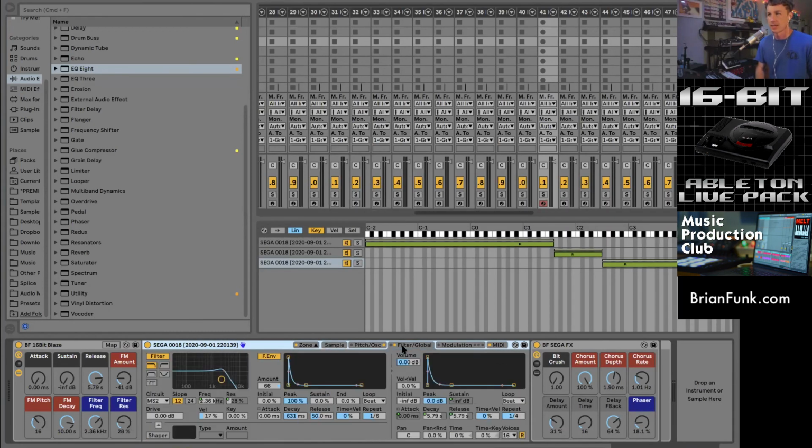Let's see here. Okay, so this is something I've had a lot of fun with on certain patches in this pack. If you listen, there's a lot of movement to this. It almost sounds like, maybe not quite an arpeggiator, but there's stuff moving. And that's happening because on this envelope here, I've got it set to loop on the beats at every quarter note. So if I were to just put the click on,